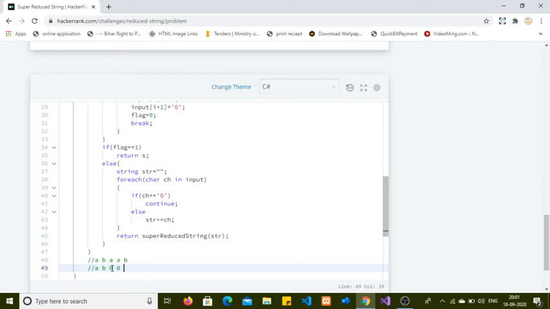if the character at the given index is 0, then it means we marked it as removed, and b, and break the loop. Then after breaking the loop, I am checking if the flag is equal to 1. If both characters are equal, then I am setting flag equal to 0 so that this if condition will fail, and will move to the next statement, that is the else, and this block will be executed.